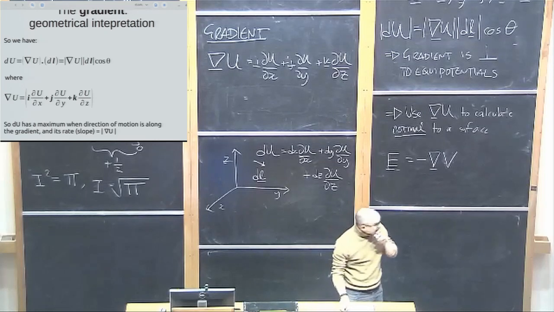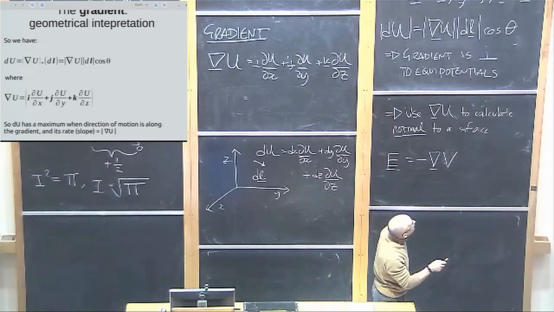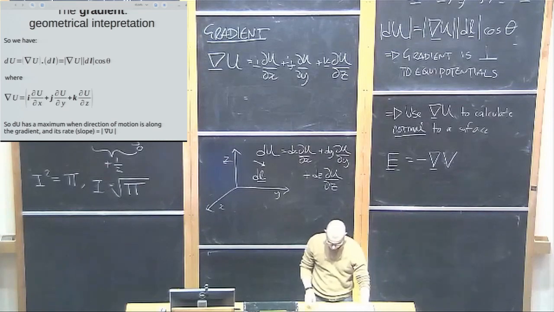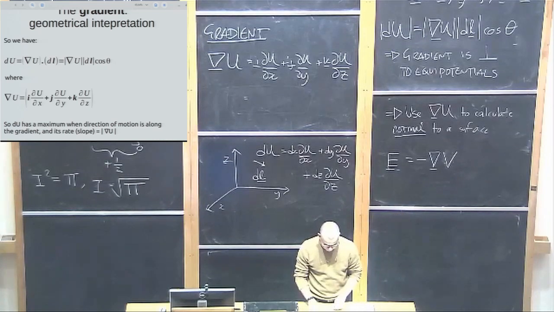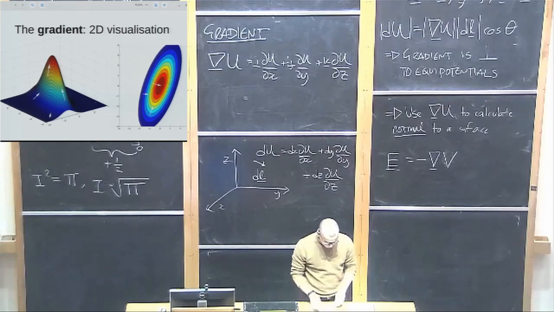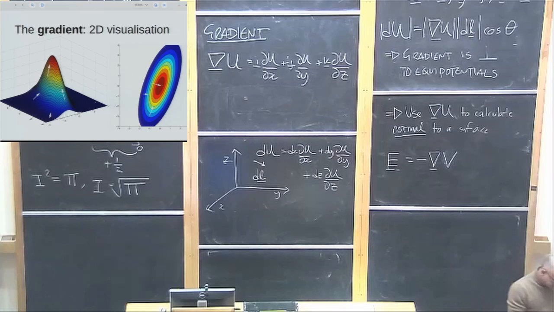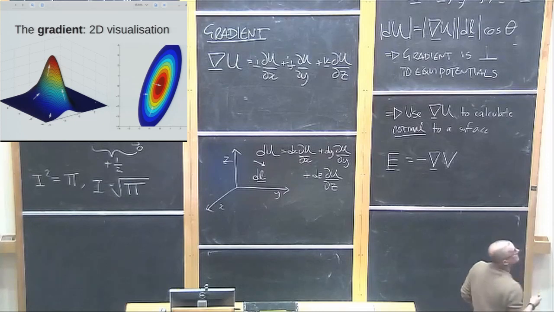And this I've already said. Okay, so that's the change has a maximum value when it is in the direction of the gradient, and the rate of change is the magnitude of the gradient. So we'll return to the example of the electric field in a moment, so I just want to show you a couple of visualizations. So if you imagine that you had a two-dimensional scalar field, so a scalar field in x and y,